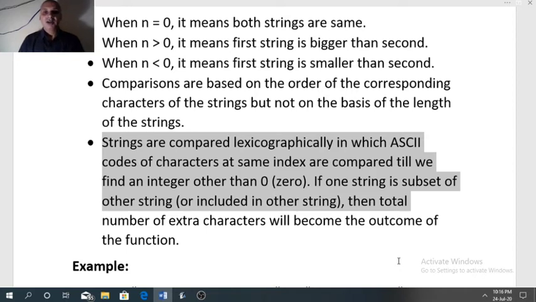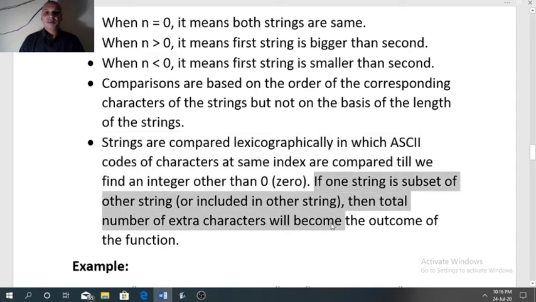It can also happen that one string is a subset of another string. It means one string is included in another string. In that case, the total number of extra characters will become the answer or outcome of the function.